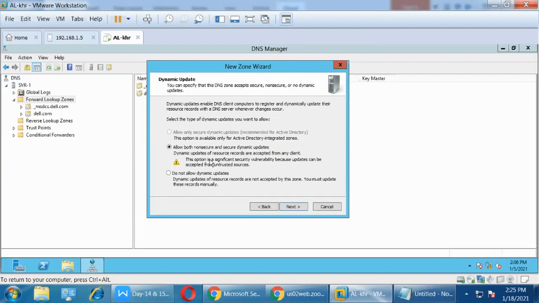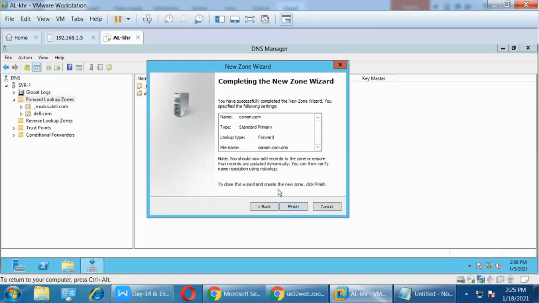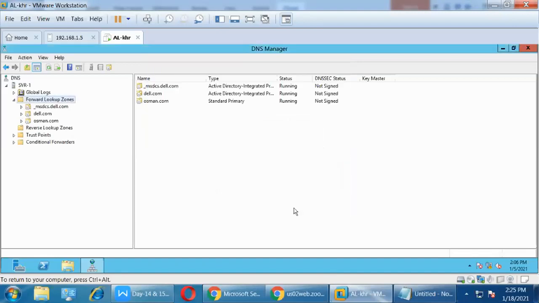Secure is through the internal network, non-secure through the internet. I want both updates, so I select allow both. Click on next. This is the standard primary zone.